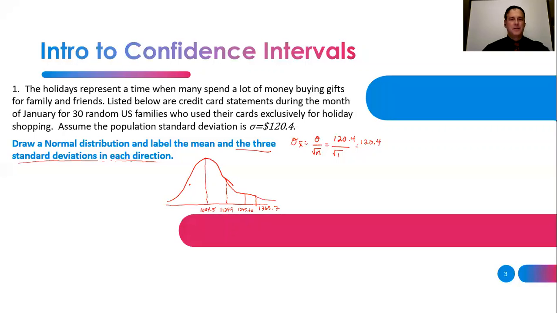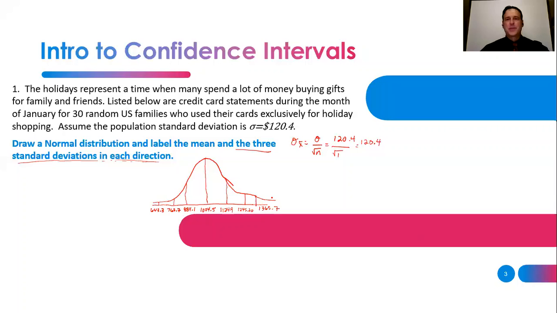If I go the other direction, 3 standard deviations, going to the lower end, it looks like it's 884.1. The next one is 763.7. And the last one is 643.3. So these represent 1, 2, and 3 standard deviations away for the credit card bills for this particular